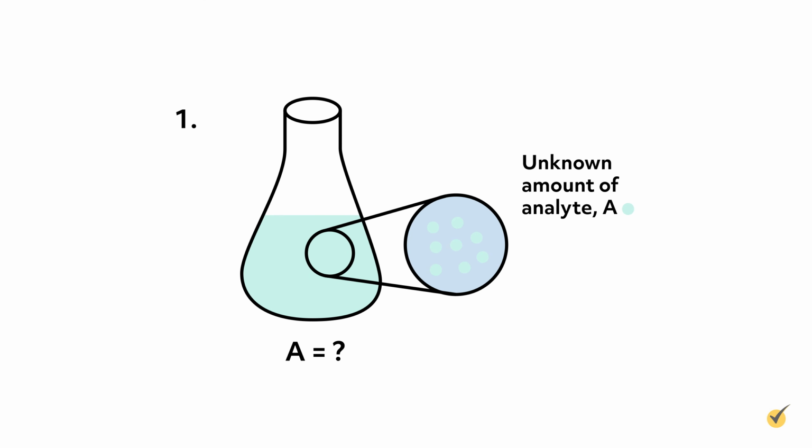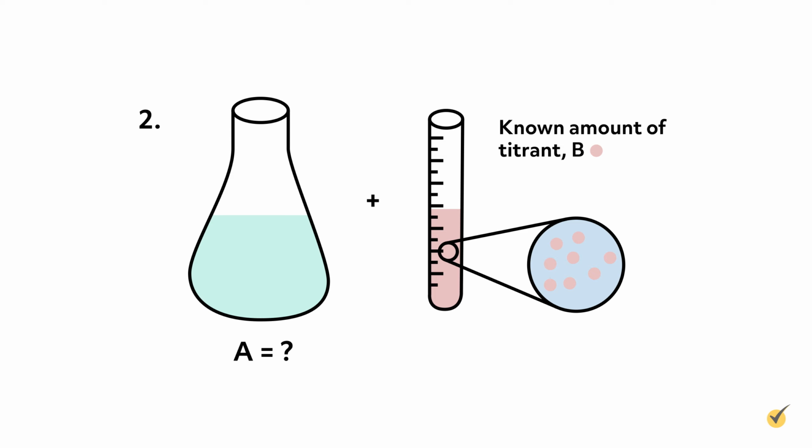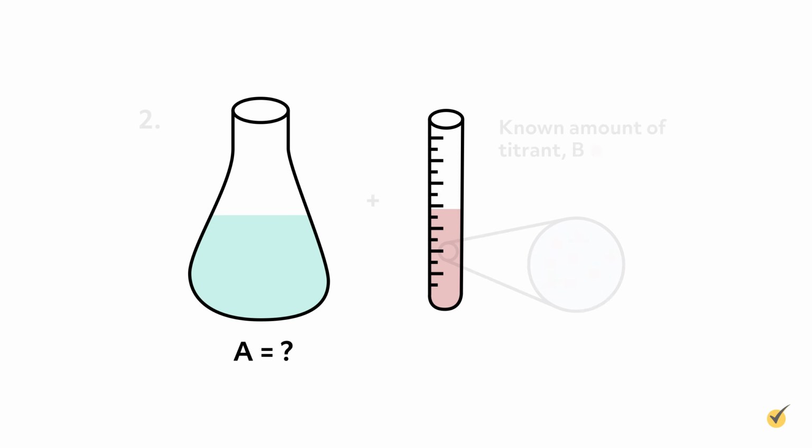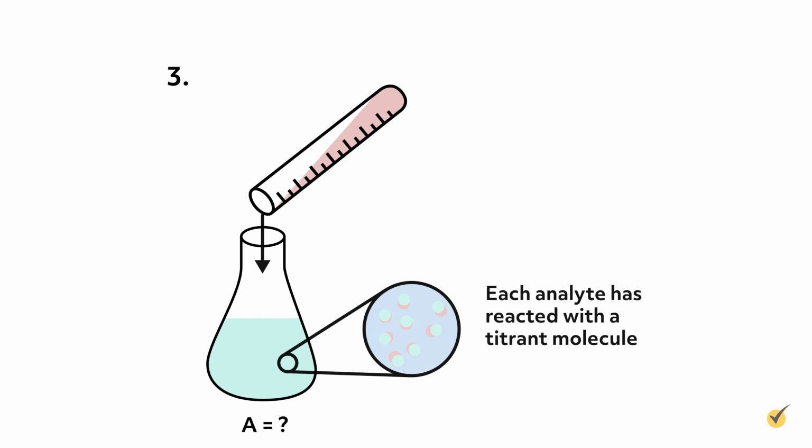We have an unknown amount of analyte in solution A. We slowly add solution B to solution A, typically using a burette, which makes measuring small volumes easy. Solution B has been precisely made with a substance that reacts with the analyte in solution A. The substance is called the titrant. As solution B is added to solution A, we monitor the reaction and watch for an indication that we've reached the equivalence point, where the quantity of titrant is stoichiometrically equivalent to the analyte.